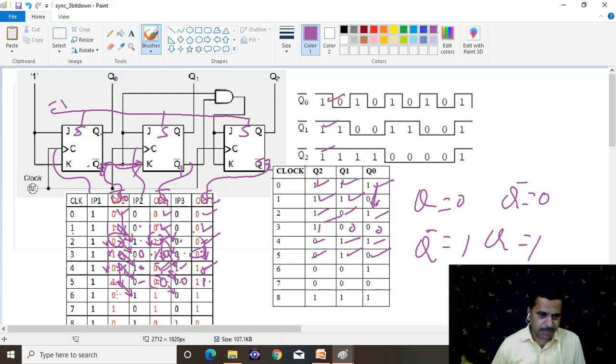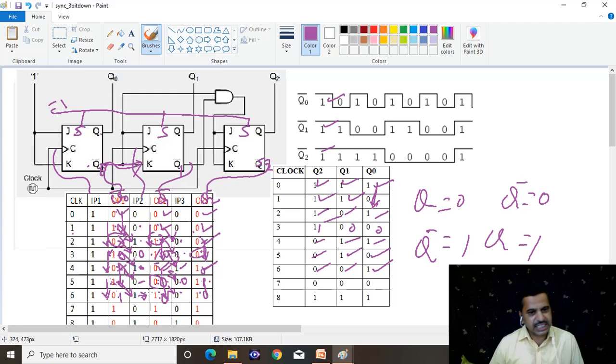When the sixth clock pulse is applied, again it changes the state from 1 to 0. Then for the second flip-flop, 1 is the input. Now it changes the state from 0 to 1. Here the third input is 0, so there is no change, 1 to 1 transition. Now what are we getting? 0, 1, 1. It must be opposite to that one, that is 1, 0, 0. That must be 1, 0, 0.